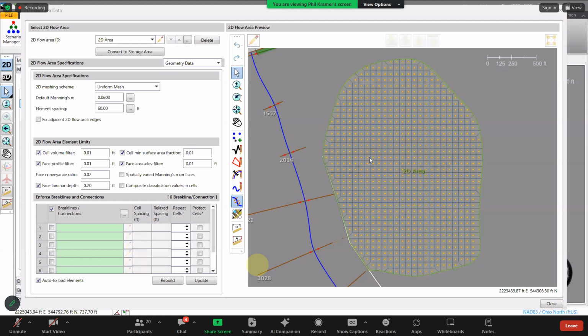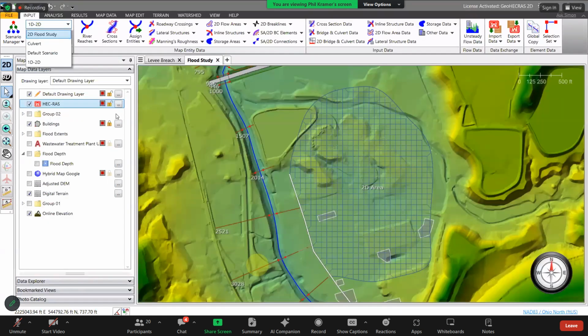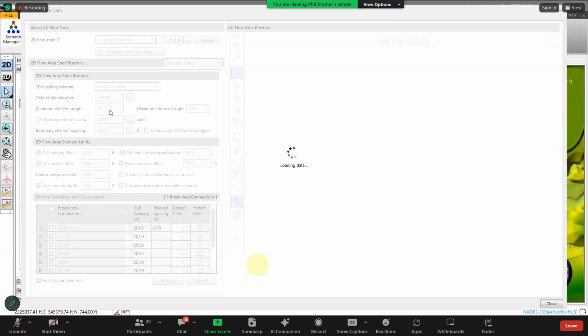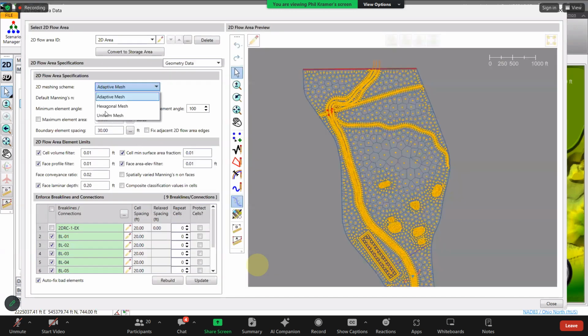Let's switch to the 2D model. Whatever cell size, if I'm using a uniform meshing scheme here, and if I use a 100 feet cell size here, I'd need to ensure that this break line cell is smaller than the normal cells you have in the model. So if I use a cell size of 30 feet,